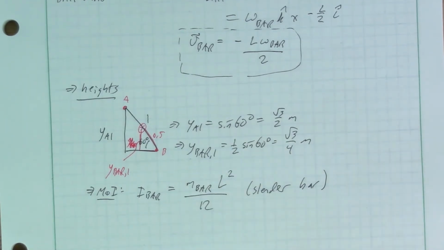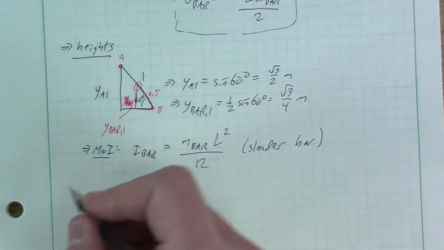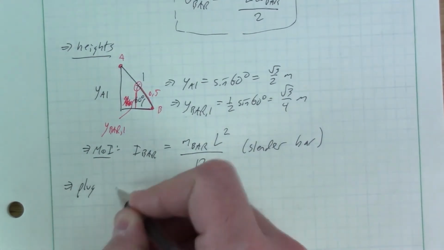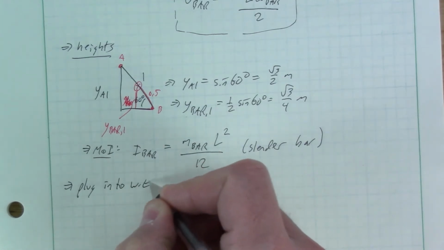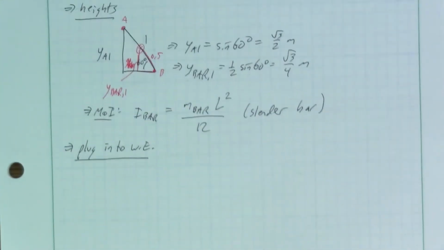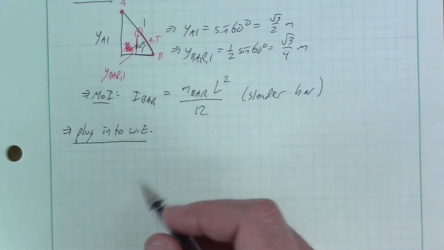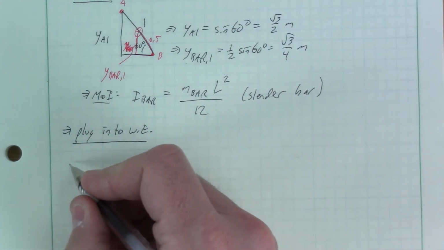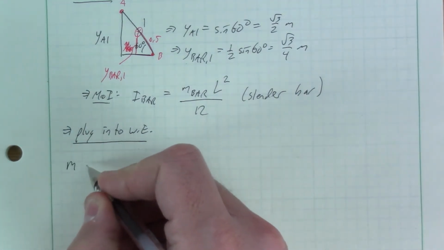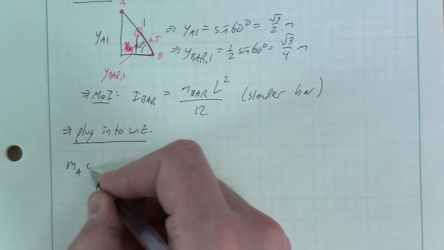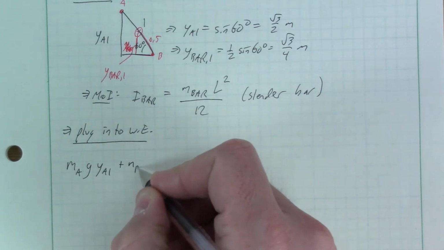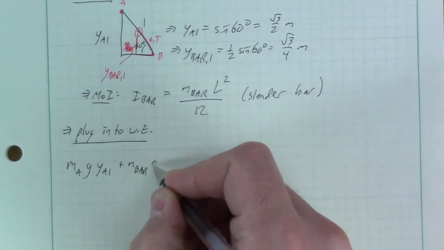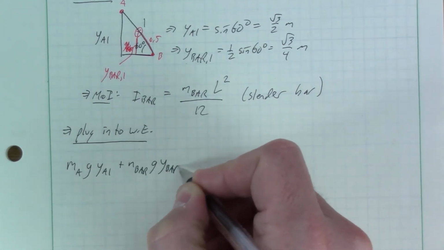Okay, and now we just plug everything we have into our work energy relationship. We have expressions for the y values here, so we can just write m A g y A1 plus m bar g y bar 1